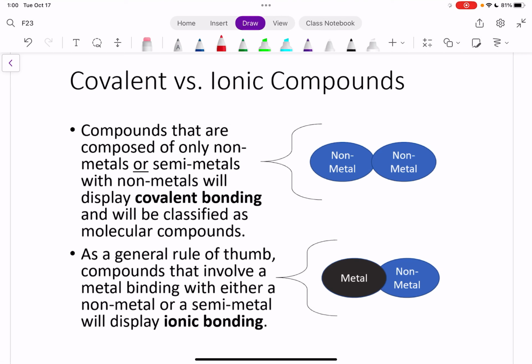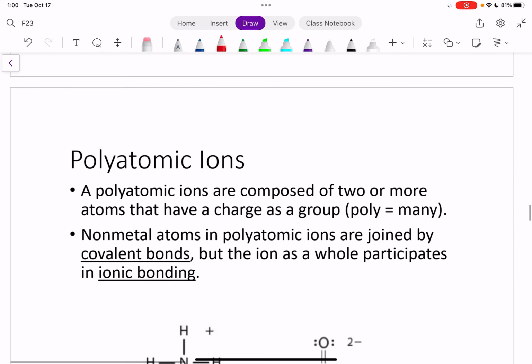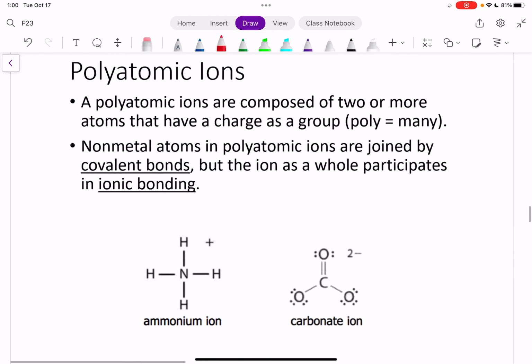So in this video, I want to talk more about covalent compounds. But we said that covalent compounds happen between two or more nonmetals. So nonmetal plus nonmetal is covalent. And then ionic is usually metal and nonmetal. Polyatomic ions are weird though, because they're composed of two or more atoms that are bonded together covalently, right, sharing